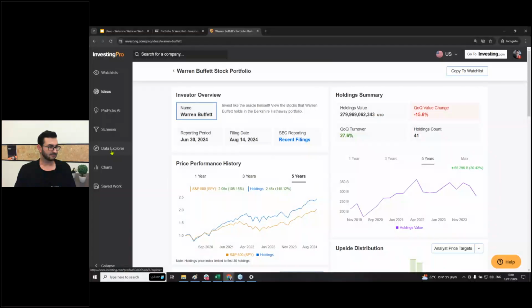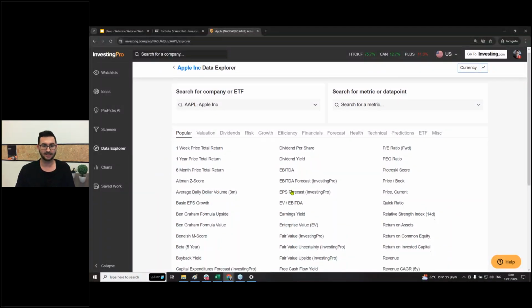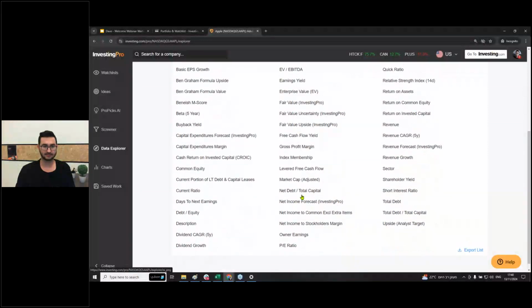So the last thing that I want to show you is the Data Explorer. I myself am a novice investor, or at least I consider myself a novice investor, and I don't know every metric. I don't know what the relational values are. I don't know, again, just for the sake of argument, what is a good PE ratio? Assuming that I don't know what a good PE ratio is, how would I know that? So why don't we take a look at